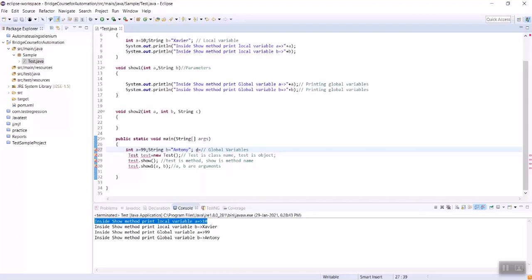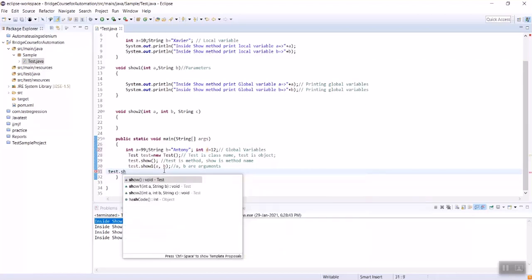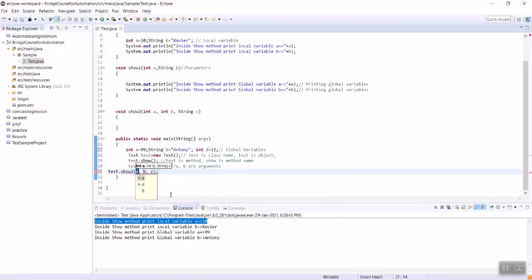Let's make small changes. So d equal to 12, an integer type of variable. Then our object is test dot show2. Let's check it out. Yes, it's there. A, B, C. So C is showing the error.